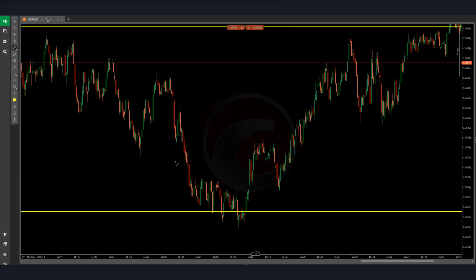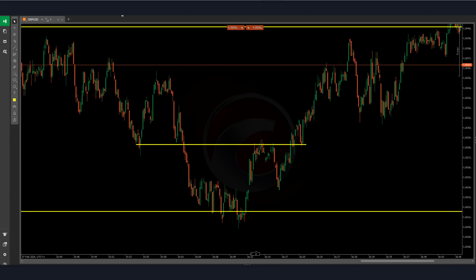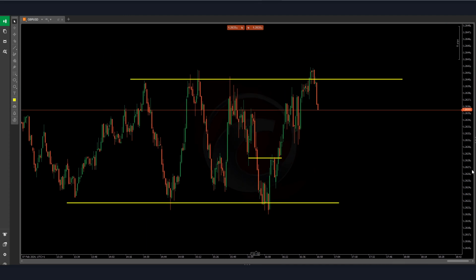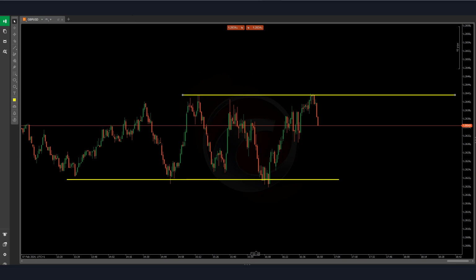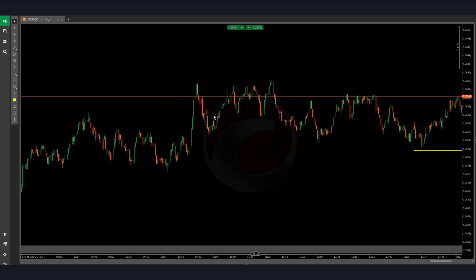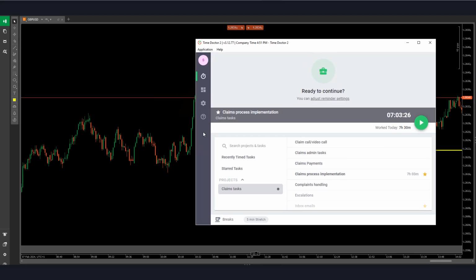Yeah, I can see this entry, which is also the same one that I see on the 1 minute one, but apart from that, it's not really that clear and it's not really the perception that I want to trade in. As I was saying, no trade taken. This is from this morning. Okay, yeah, I took the